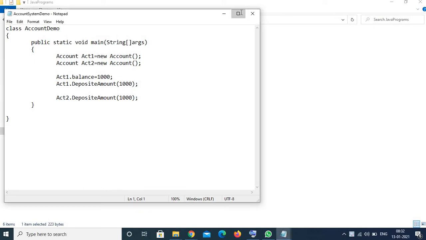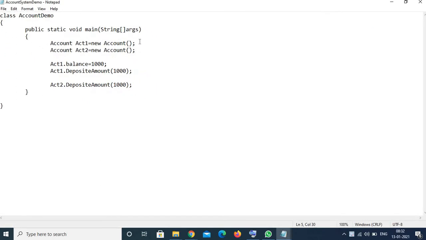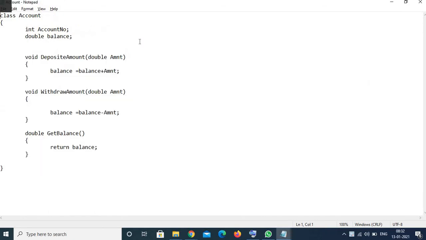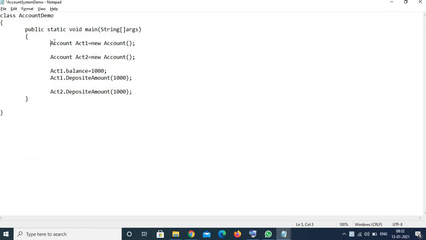Okay, guys. So here in this program, we have created the first object of our account class. And when the customer opens up an account, what does he do? Once the account is opened, he deposits the money, he withdraws the money, and then he queries the balance, right? And then that balance we print.